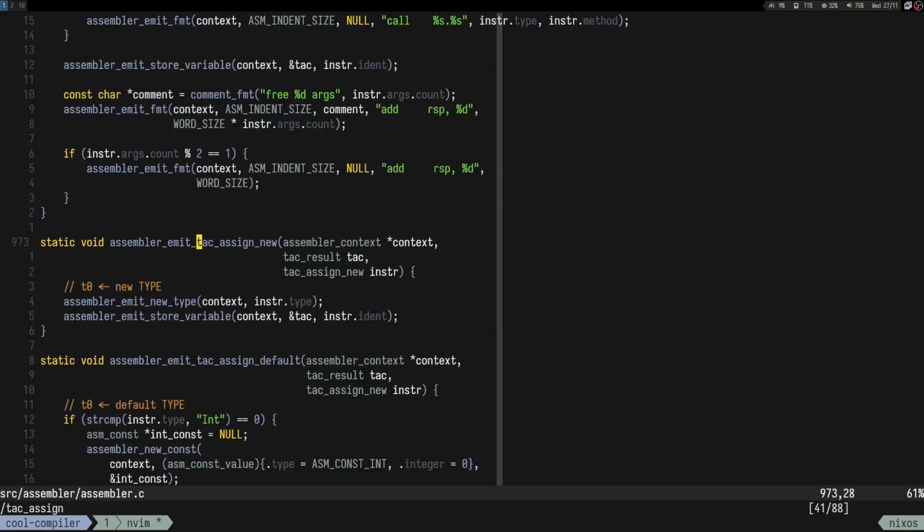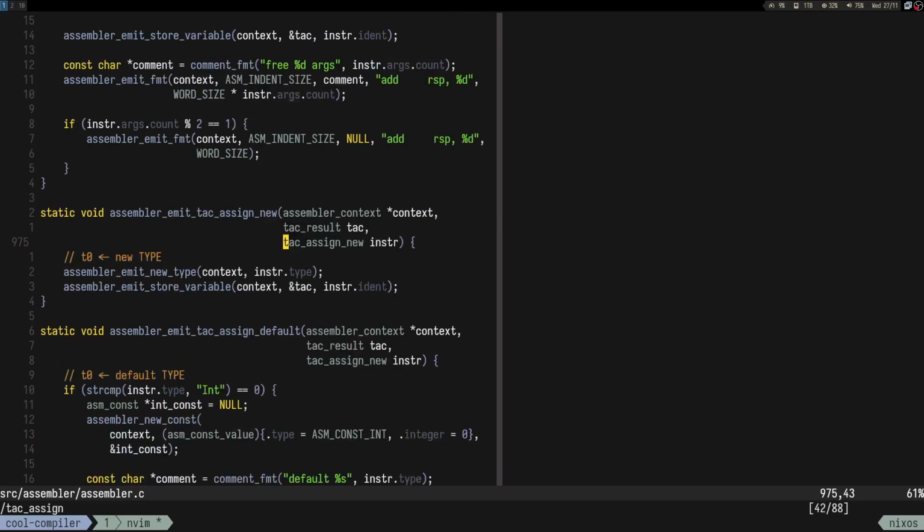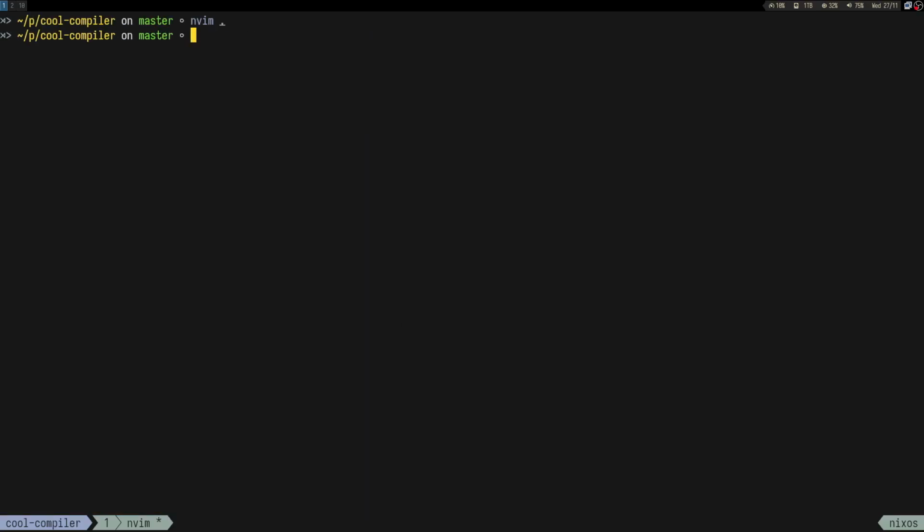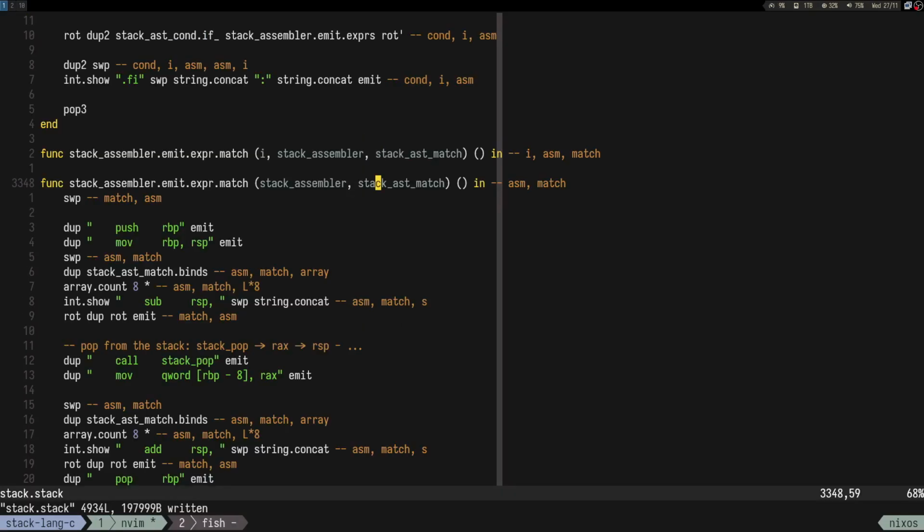Assign new. So we were doing like assign, but we don't have a let. Anyway, it doesn't matter. So I'd say we are kind of cooked because we have to push this RBP. Pushing this RBP offsets the stack by 8. So if we are trying to access, so if we have a match inside of a match,